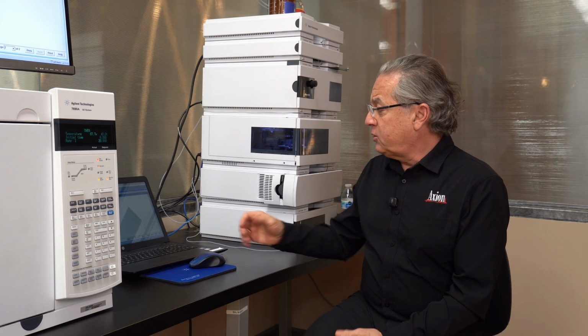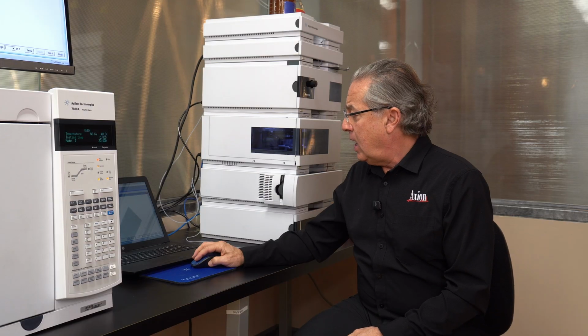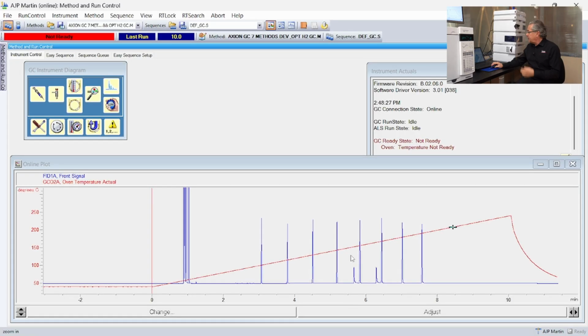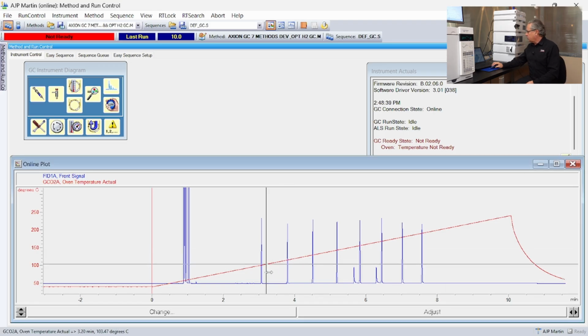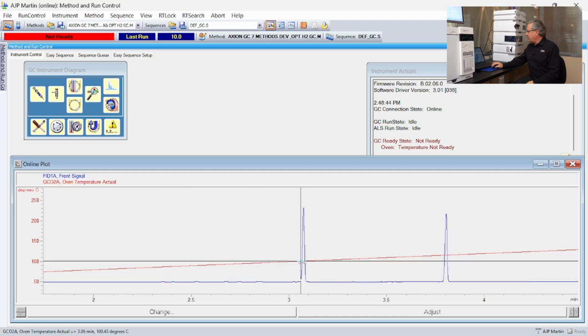So if you have too much resolution, let's address this problem. Let's use a much higher temperature program. So in this case, let's go in here and, we're going to do two things. We're going to start at a higher temperature, and I'll show you how we figure that out. There's a little cursor that is following along. We care about the very first peak, and that very first peak is coming off,